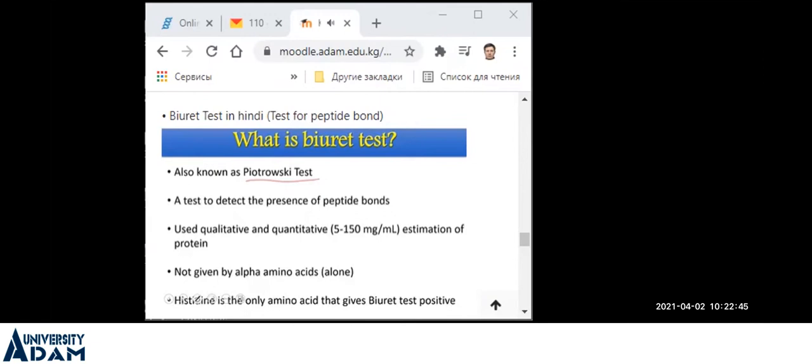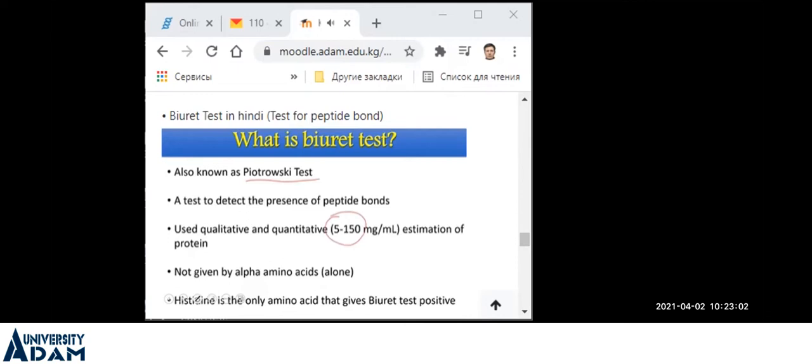और क्वांटिटेटिव जहां हम मेजर करते हैं एग्जैक्ट कंसंट्रेशन, प्रेजेंस ऑफ द अमाउंट ऑफ द प्रोटीन्स। तो इसकी जो लिनियरिटी है इस टेस्ट की वो होती है 5 से लेकर 150 mg/ml तक की हम डिटेक्ट कर सकते हैं।